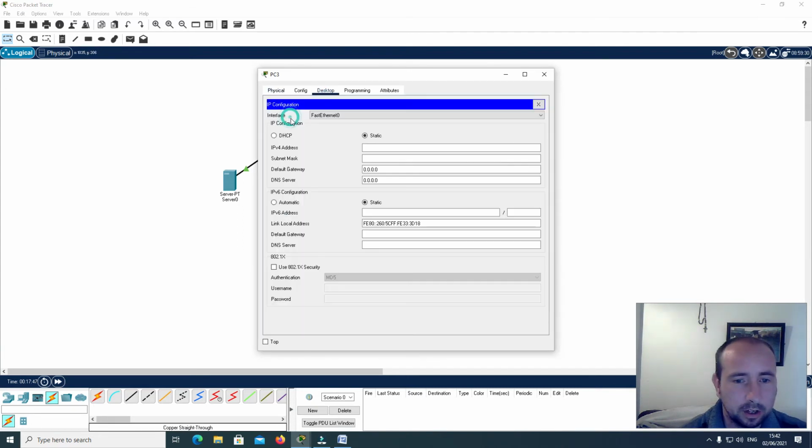And give this the IP address 192.168.0.5, sorry, .5, and subnet mask